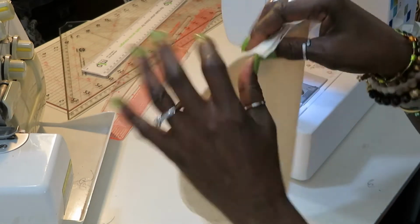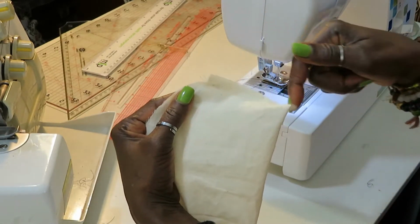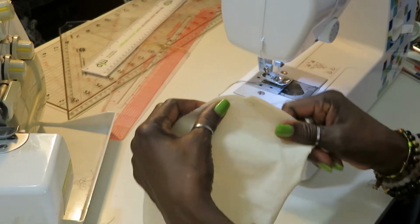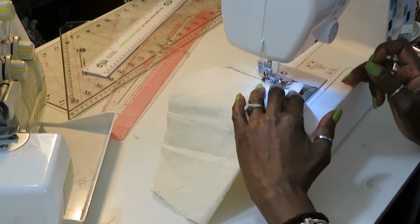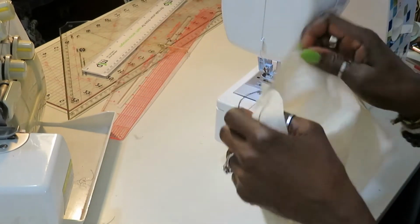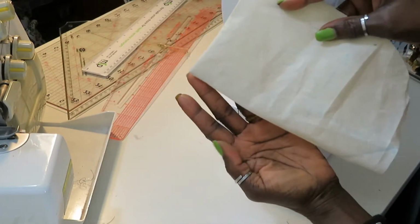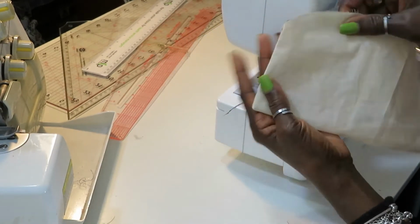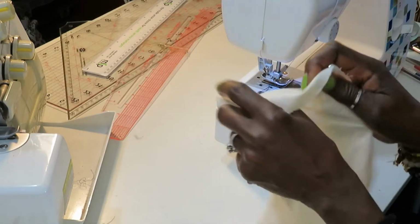Alright, so just for example, you already do what you gotta do. Now you're ready to close up. You're gonna stitch straight down the two sides. And I'm gonna be using a black thread so you could see the stitch and what I'm doing. Alright, so once you finish stitching that, if you like this style, then you go ahead and you leave it just like this. This is one way, just a plain square type of thing, right? But if you don't want that,